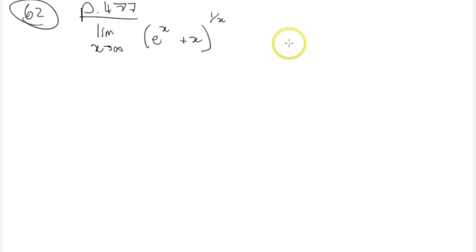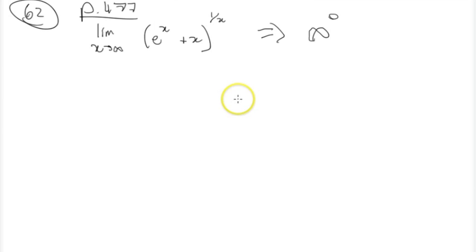Well, one test you can do is just do the plug-in method. So e to the infinity plus infinity, that's going to be infinity, because you can't get much bigger than that. And then 1 over infinity, if we make a denominator get really, really big, it starts approaching 0. So 1 over x as x approaches infinity is 0, so we have infinity to the 0. Now this isn't one of the indeterminate forms that we talked about, but it's pretty darn close, and we can